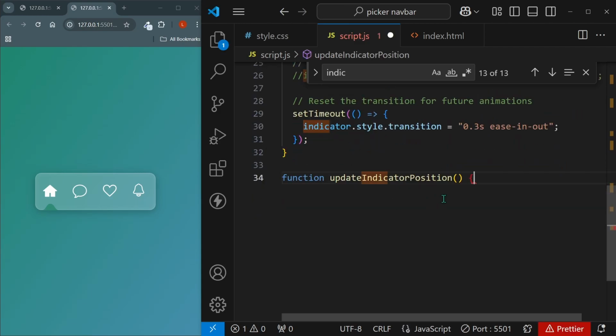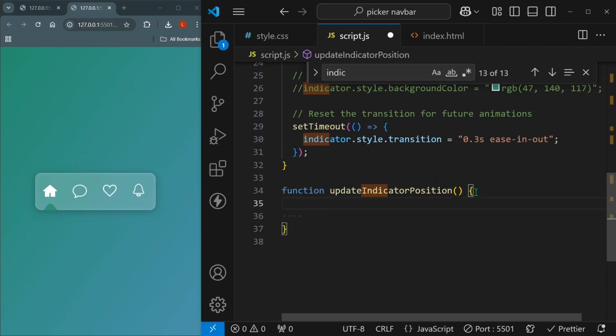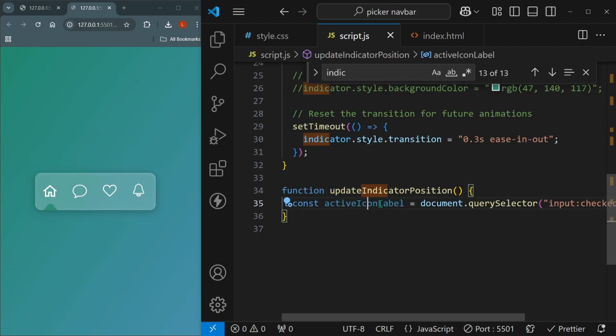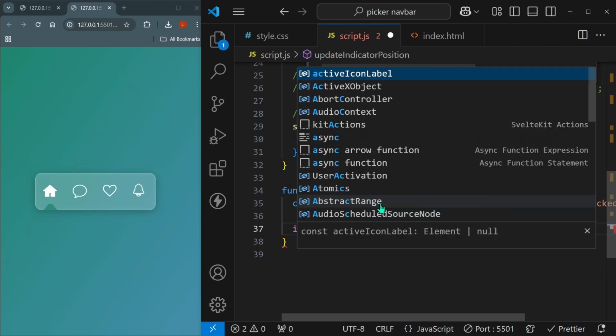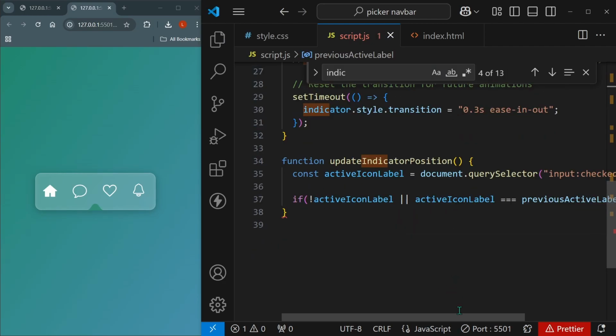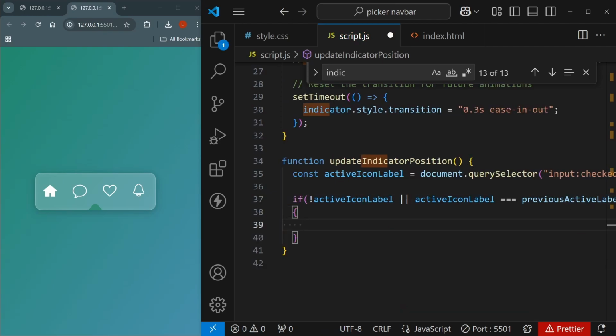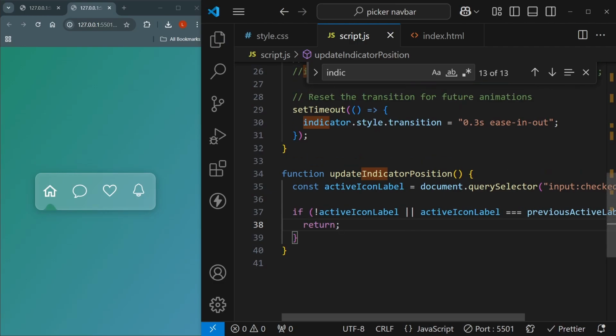This will be our last function, which will be the update indicator position. We'll do what we did before. We are going to get the checked label, so we're going to get the currently active label. And if there is not a currently active label, or if the currently active label is equal to the previously active label, then we are simply going to return. We don't want to execute if we didn't find one, or if it's not equal to the previously active one, because the previously active one is going to be the one that we've initialized. Otherwise, if we've